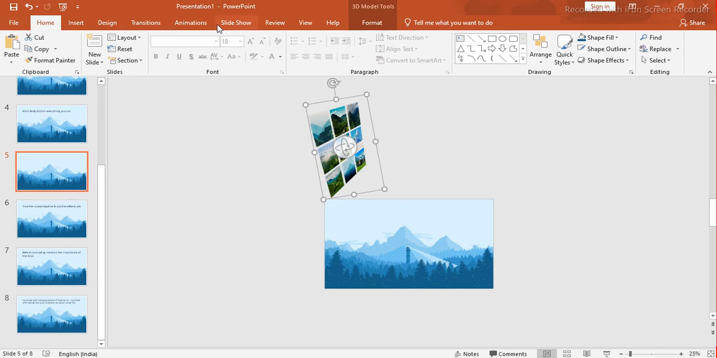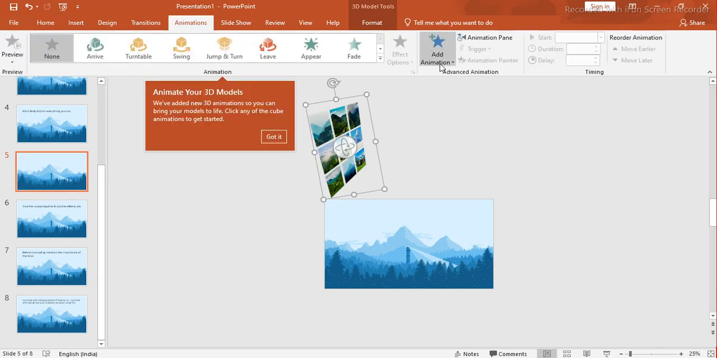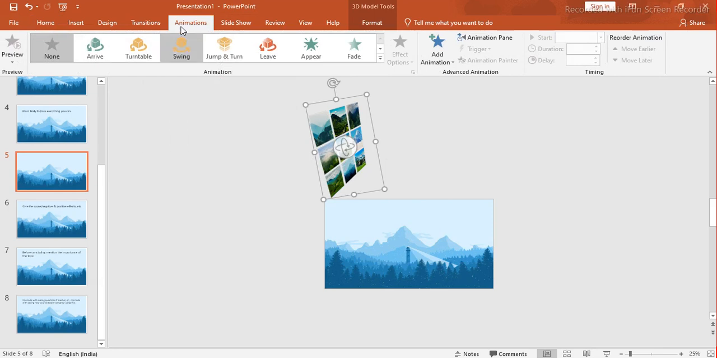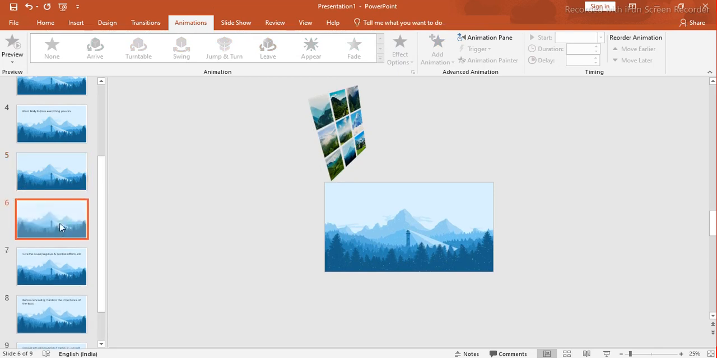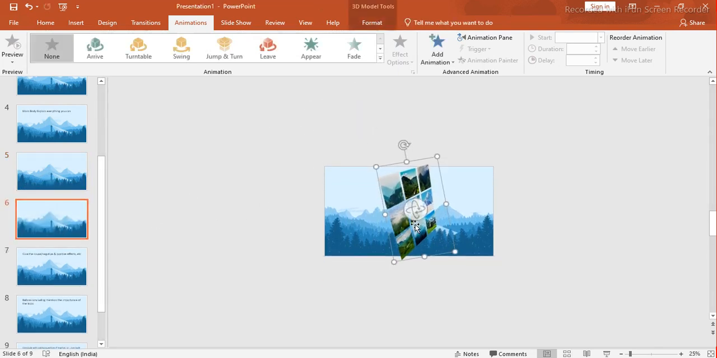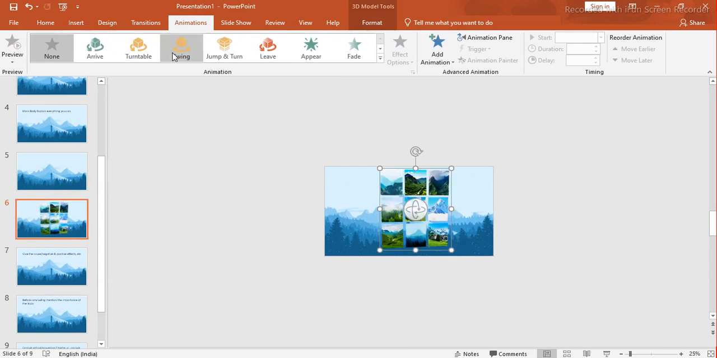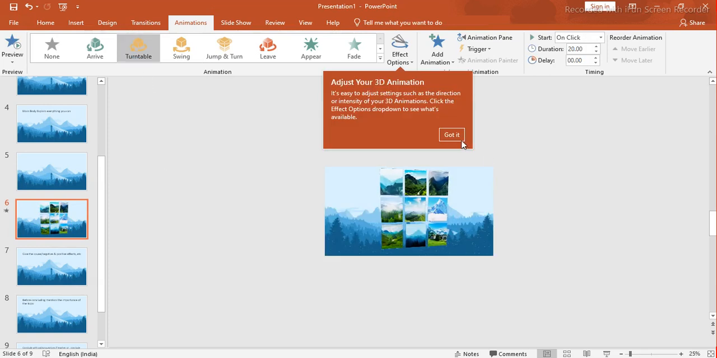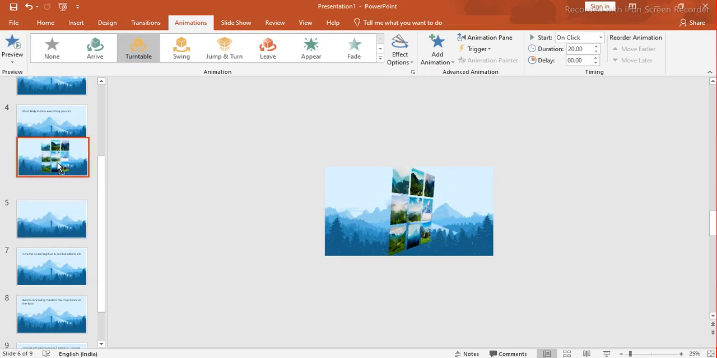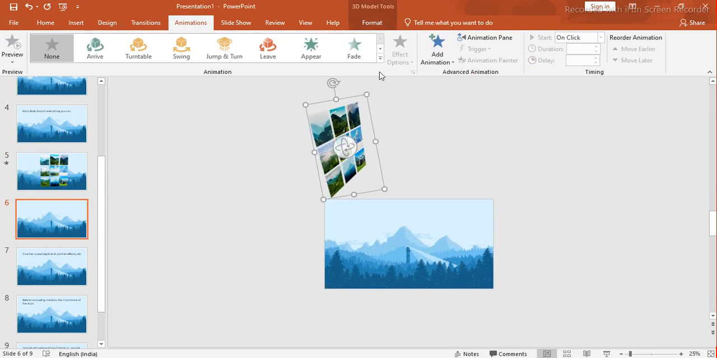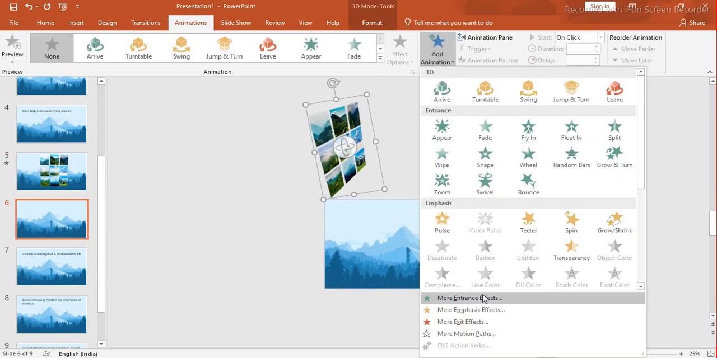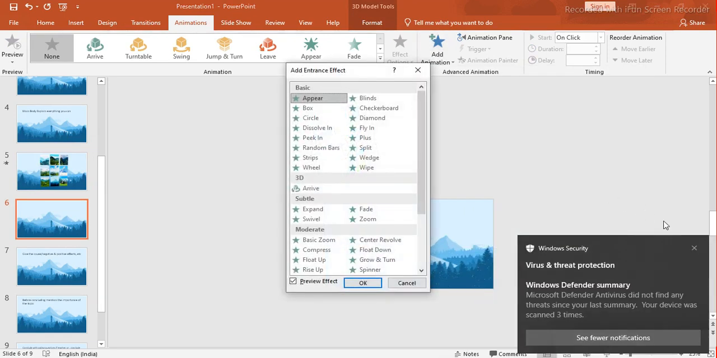And now I'll add an animation to it, as it is a 3D model. I'll just duplicate this slide and add an animation which makes it a turnable object. I'll just keep this here, and here what I would like to do is add animation, go to more entrance effects,